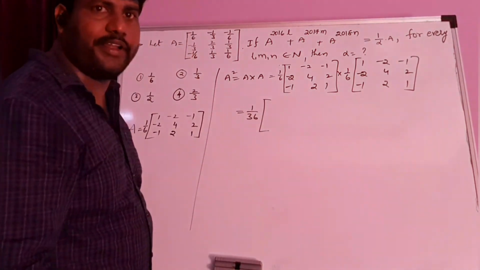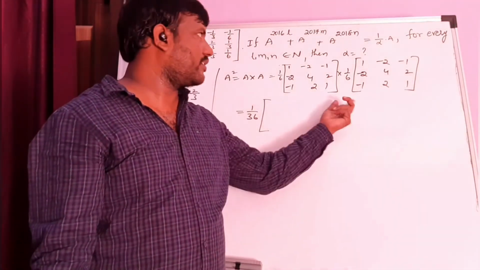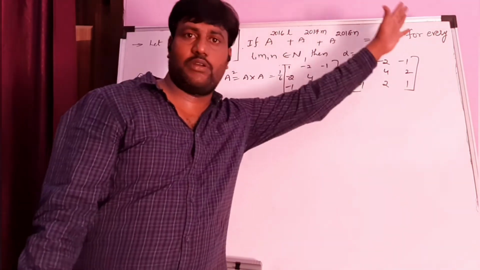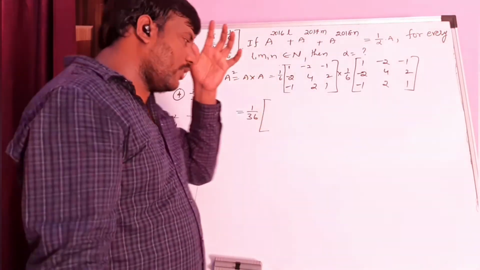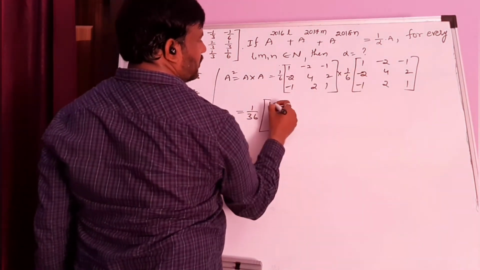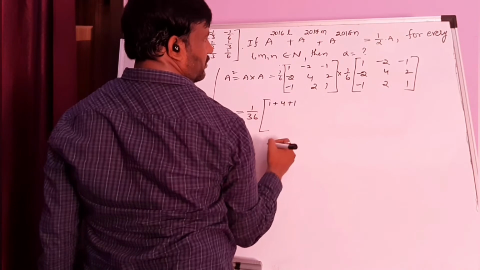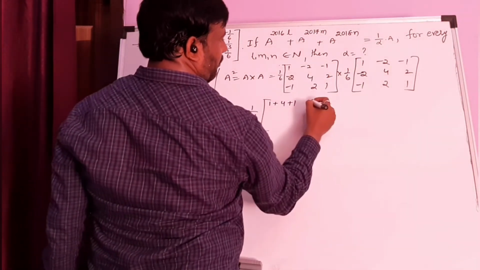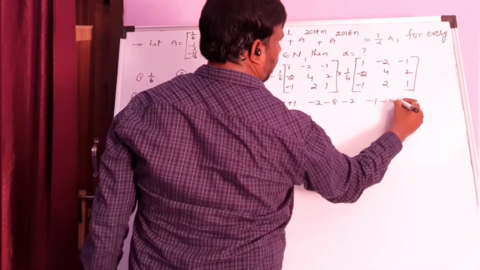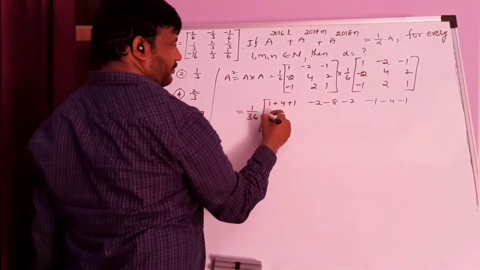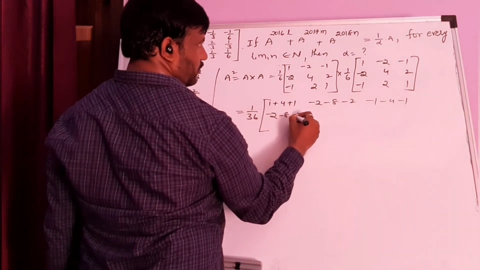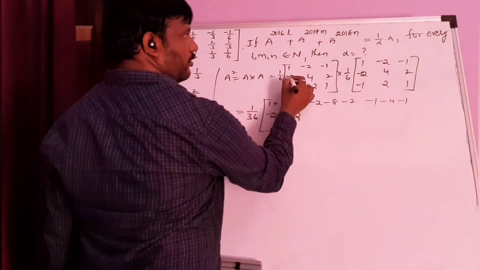And we know how to do matrix multiplication. Two matrices can be multiplied very simply. First row, first column, then first row, second column, then first row, third column. Similarly, go for second row and third row. Directly, here is the sum of products: 1 into 1 is 1, minus into minus plus 2 into 2 is 4, minus into minus plus, minus 1 into 1 is 1. You get 6. Then minus 2, minus 8, minus 2. Similarly, now second row: minus 2, minus 8, minus 2. Okay, so be careful about the signs.